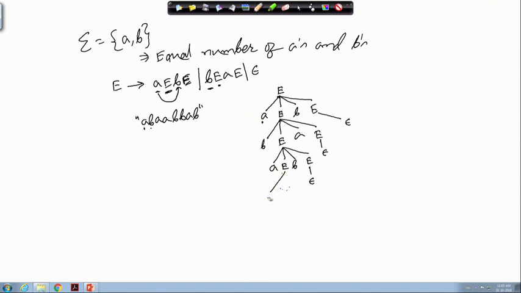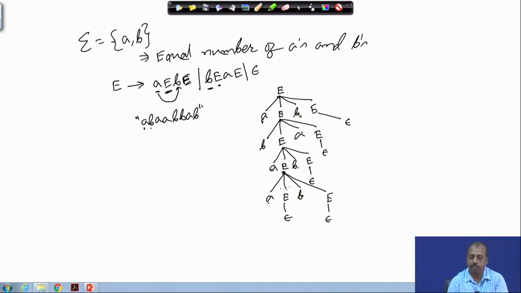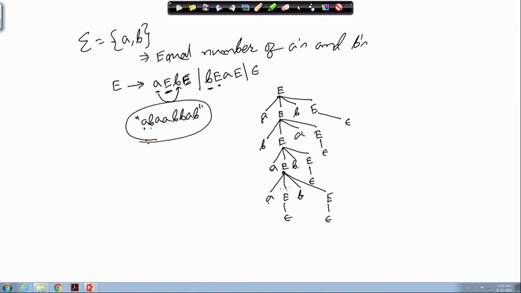So, this is A E B E, and then this A. So, this E should give me epsilon, this A should give me epsilon. Now, we have 4 A's, 1, 2, 3, 4 A's, and there are 4 B's, 1, 2, 3, 4 B's. So, this parse tree can give me a proof that this particular string belongs to the language having an equal number of A's and B's in it. So, that is one example.